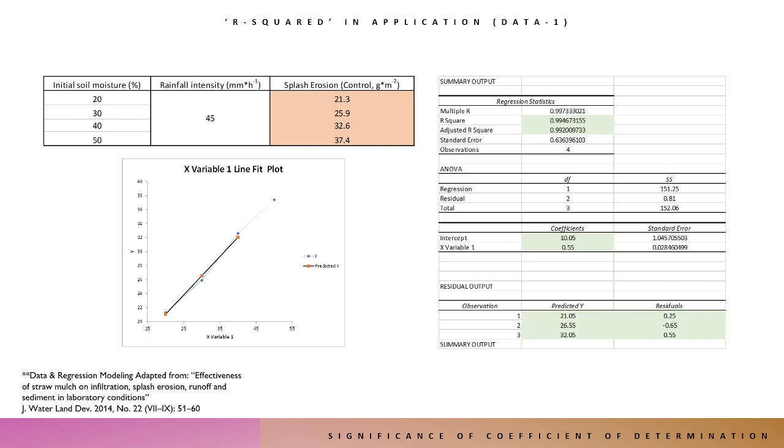The data provided relates to initial soil moisture, the explanatory variable, versus splash erosion, which is the response variable we are aiming to further understand in a hypothetical experiment. If we generate a regression analysis of which only a portion is shown in Excel, we can see the R squared value, adjusted R squared, the coefficients of best fit regression line, along with the standard error for each dataset, as well as the predicted y values and residuals.